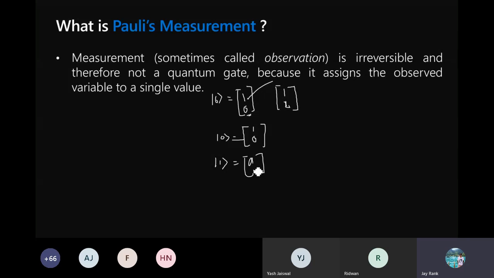Now, what is this Pauli's measurement? Let me erase it once again.